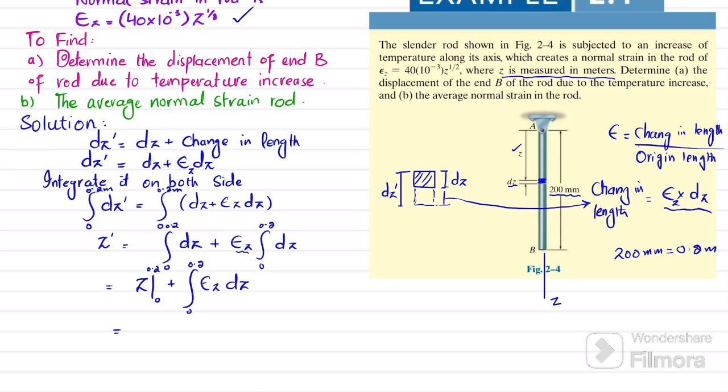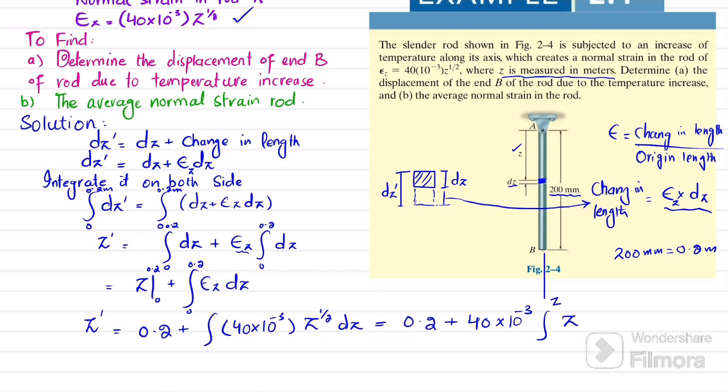So this will give us 0.2 plus integral of epsilon z, which is 40 multiplied by 10 raised to power minus 3 into z power 1 over 2 into dz. If you further simplify it, it will be 0.2 plus 40 into 10 raised to power minus 3 integral of z power 1 over 2 into dz. So z dash will be equal to